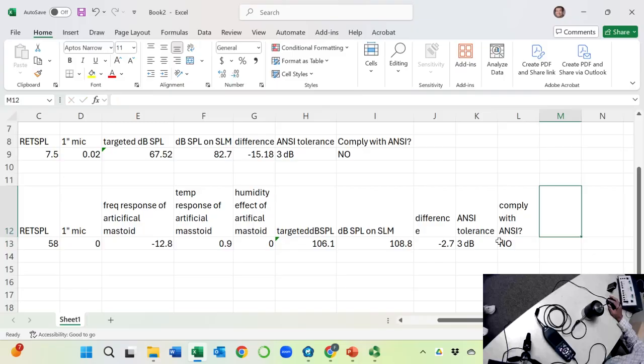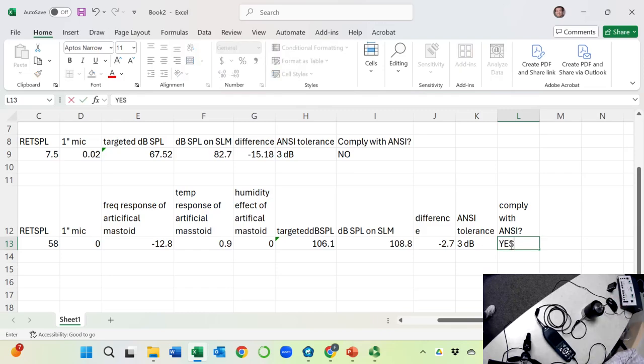The difference is negative, but the NC is plus minus 3 dB, so it'd be within 3. Oh, yes, it does comply. When I was practicing this afternoon, it was not. So anyway,